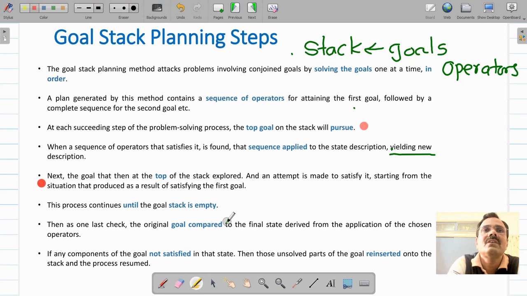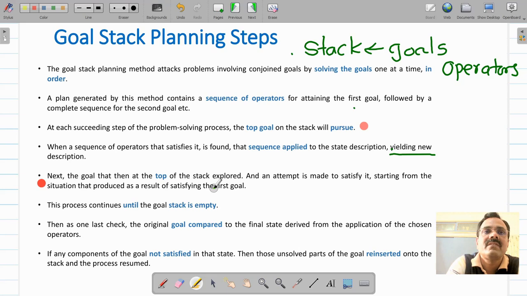Then put those operators or actions or conditions on the stack again. Try to satisfy them. If they are satisfied, pop them. So you will have to repeat this process until the stack is empty. At the end, you will have to perform a final check again. You will have to compare the original goal with whatever you have achieved so far, because during this process there might be a case that whatever sub goal you are trying to prove,